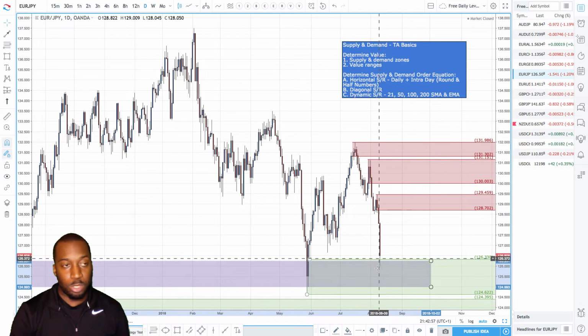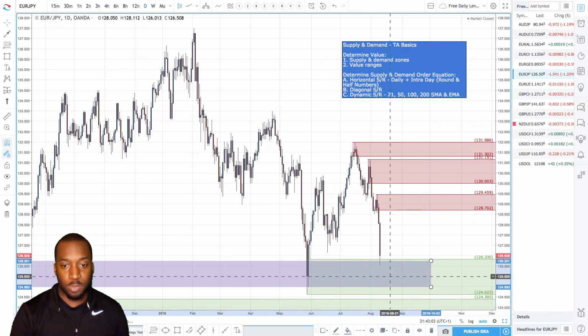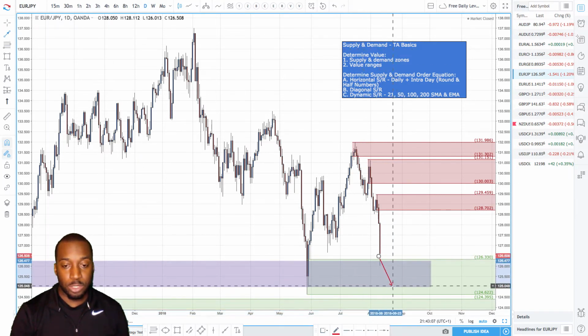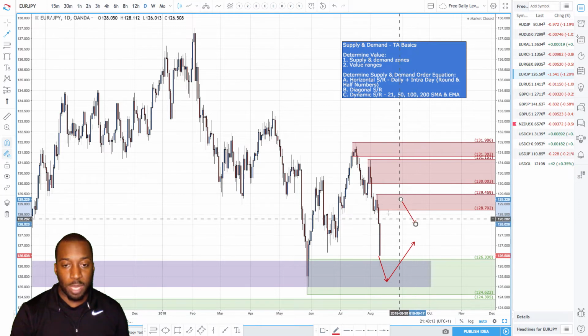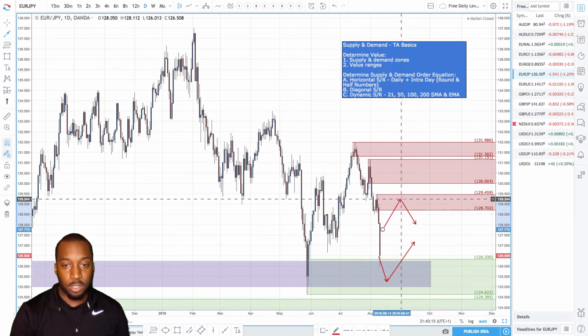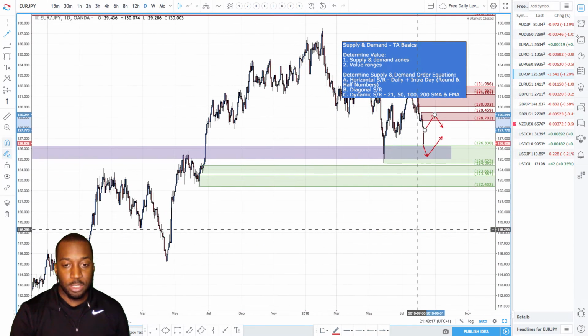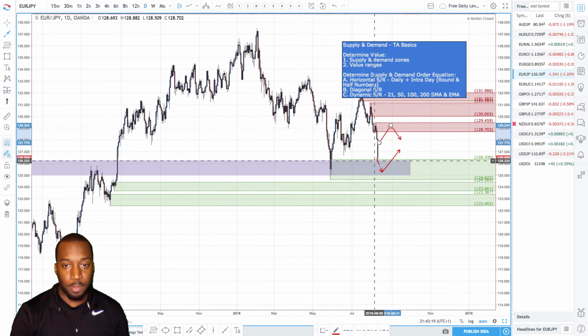From a fundamental point of view, I probably would want to be buying more the euro than the Japanese yen, but from a risk off perspective, we could see further downside. This would be your first area to look for a buy. If prices pull back, this would be your first area to potentially sell, right? This week,